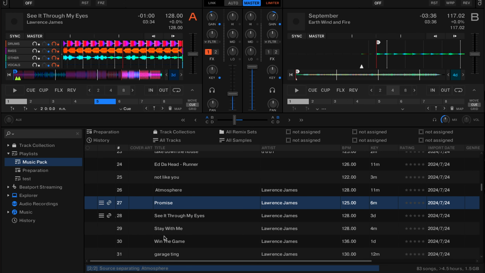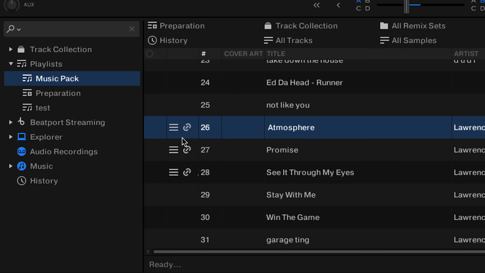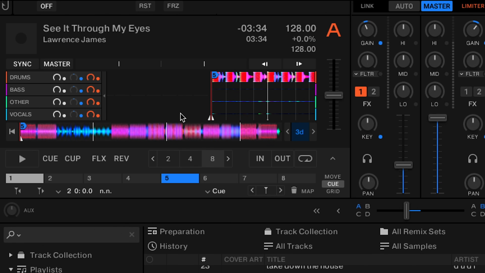Once you've done this process, you'll see that there are these little icons added to the track. We've got the 3 lines indicating that the stems file has been created, and then we simply drag and drop it up onto the player, and when we put it on the player, it will automatically switch to this view where there are 4 different stems to control. You'll see we've got drums, bass, other, and vocals. Now, if we just play this song,